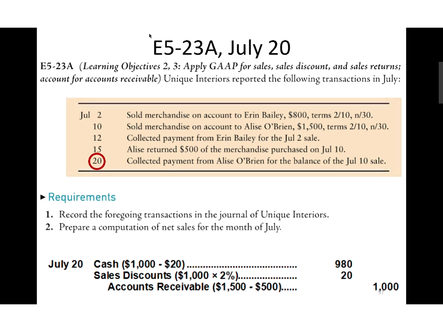Then, to figure out what she's going to pay us, she's taking a 2% discount because she's paying within 10 days. The date of sale does not count, so she's making it on the 10th day, which is fine. 2% of $1,000 is $20, so she's actually paying cash of $980. Then the difference is sales discount. Every entry we've gone through here is a great model entry to have on that exam sheet, to say, oh, look, this is what happens when we return something.